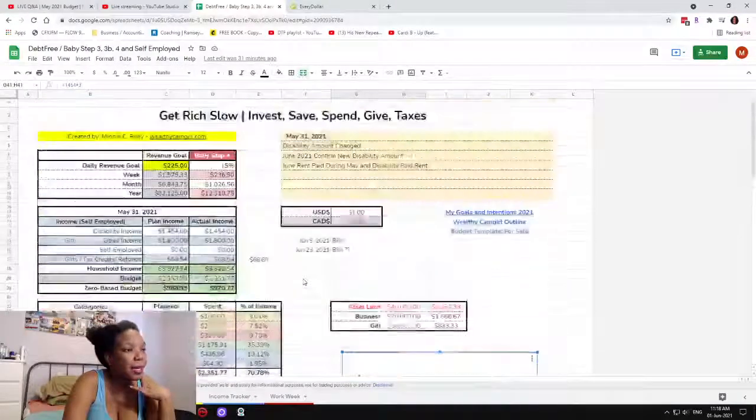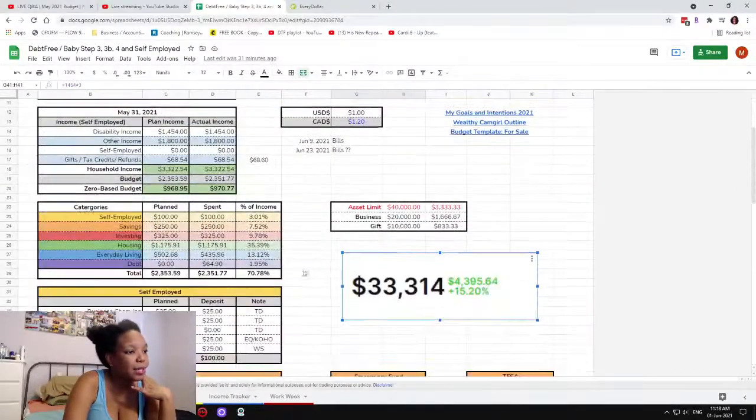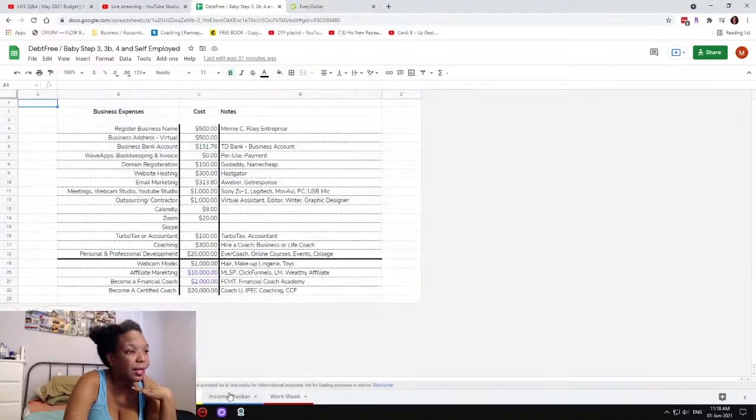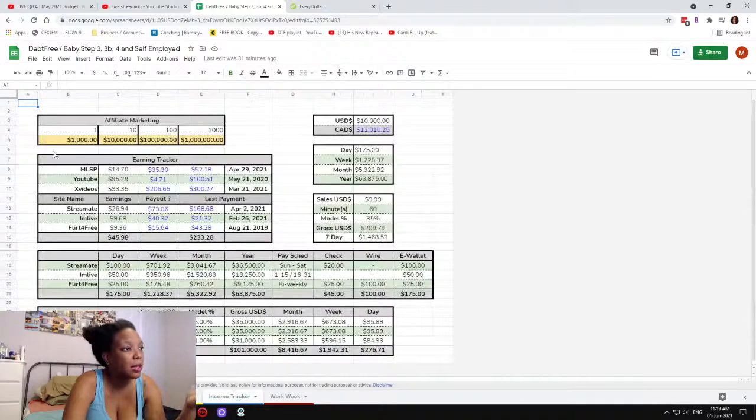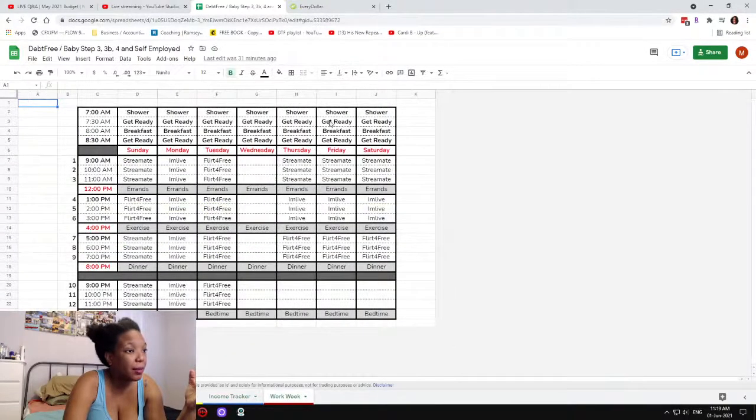And yeah, this was my recap for May, because I made my own spreadsheet. I tend to have my spreadsheet to keep track that I'm doing things on target. This keeps track of all my business expenses that I need to run my business with. This one keeps track of which webcam sites or websites I made the minimum threshold to receive my payout, so I get my pays from those sites. Then I plan my work week. I'm still working on this.